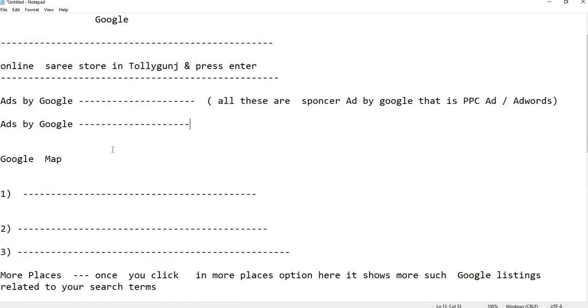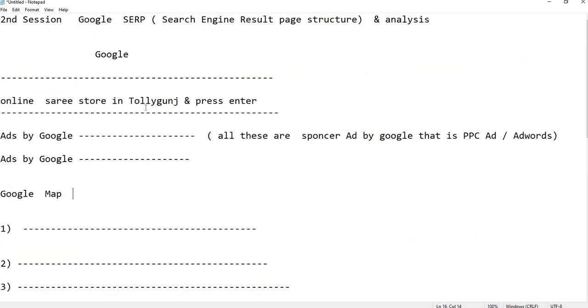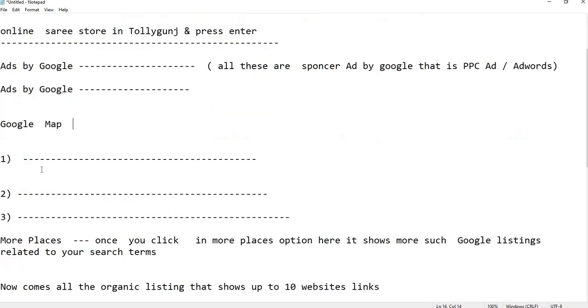Okay. Now below the ad link, you will get Google Map, and in Google Map, you will get this map based on your search term, which will show all the related locations.